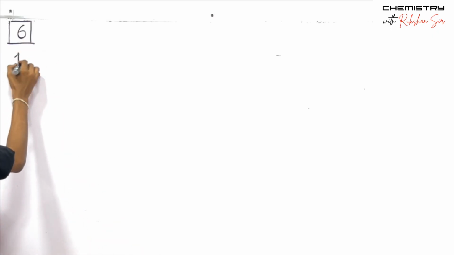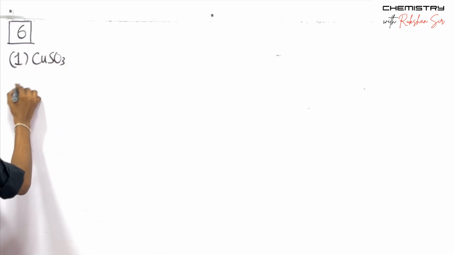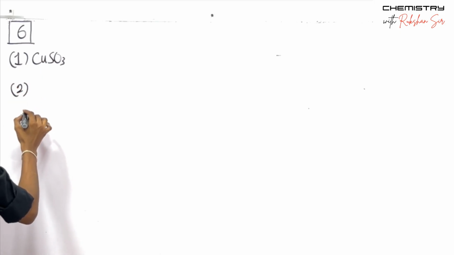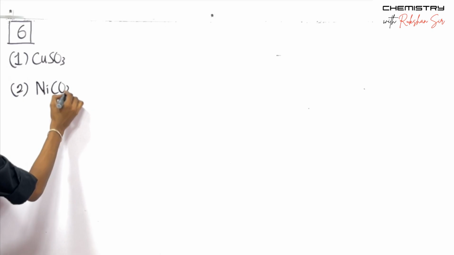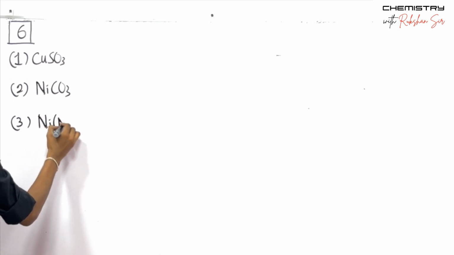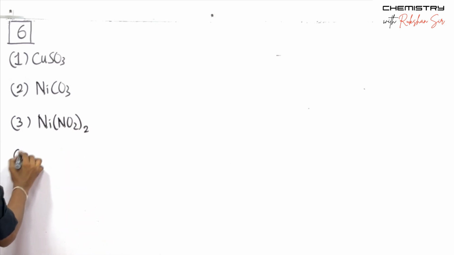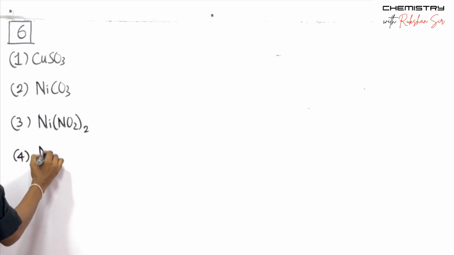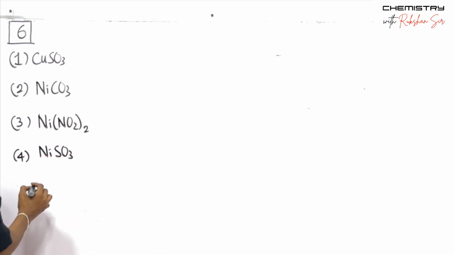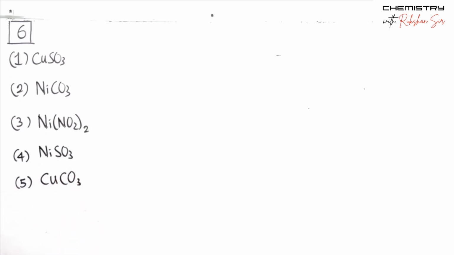So let's come up with the choices first of all. First choice, copper sulfite, then nickel carbonate, third nickel nitride, fourth one nickel sulfide, fifth is copper carbonate. Right now, yes, let's see